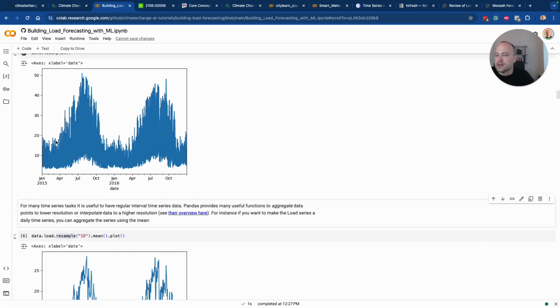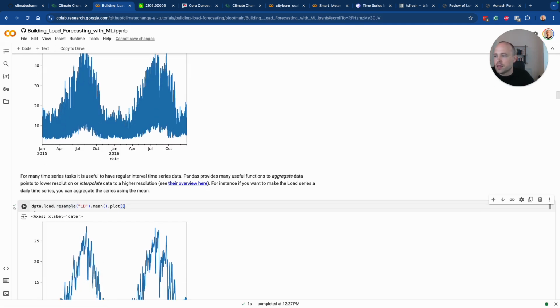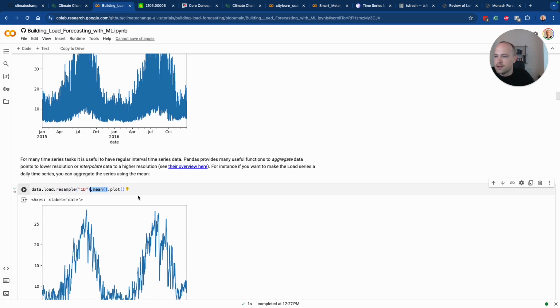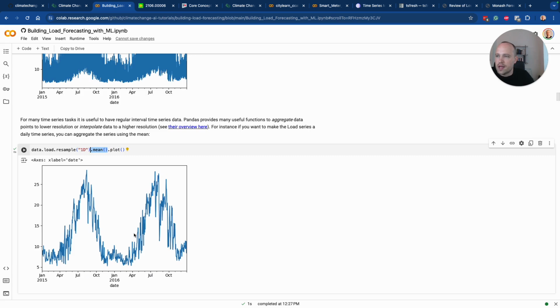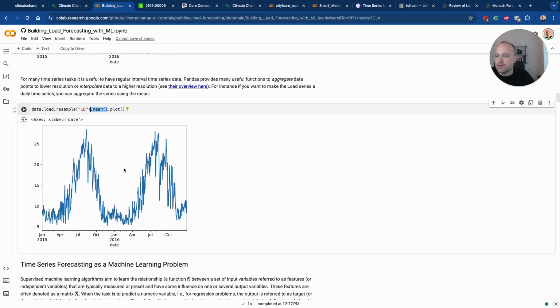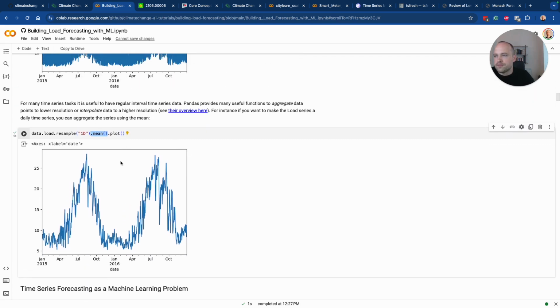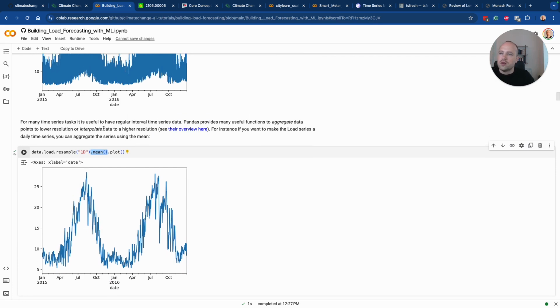So currently this is an hourly resolution, but by using the resample method and averaging all the daily values, you can make it daily data with just one line of code. And then you can, of course, also use interpolation to go to, let's say,